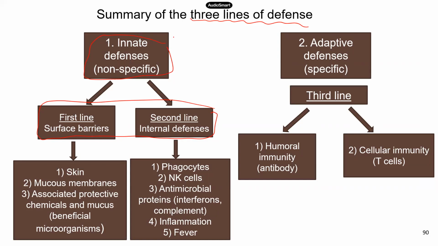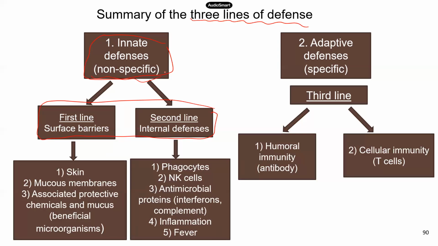And the innate defense system is non-specific, meaning the system will try to protect the body from all foreign invaders. Okay, it's not specific. Anything that's recognized as foreign, as non-self, will be removed or destroyed by this particular part